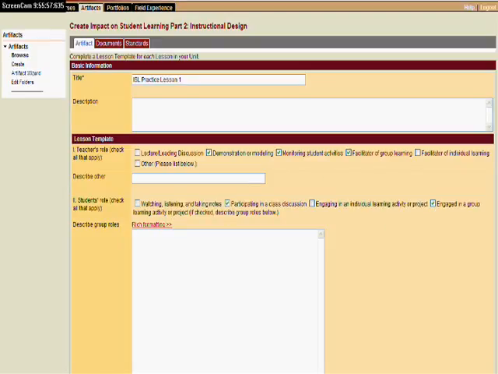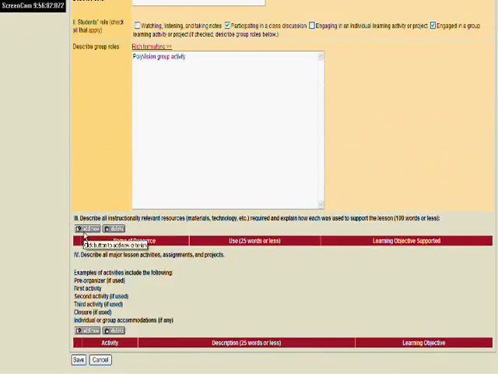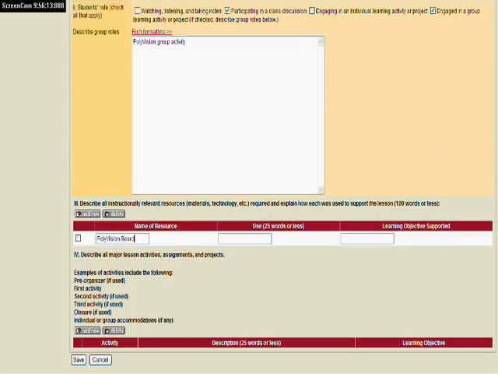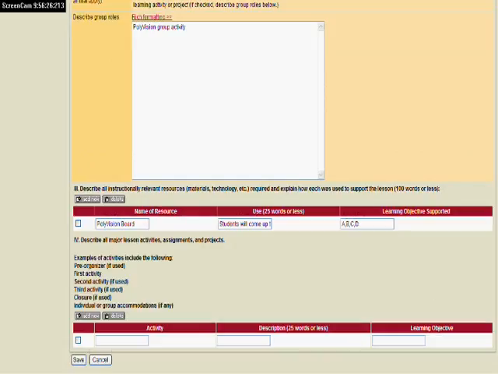I have a group activity, copy and paste a description of that in, name of the resource I'm using, what objectives that covers, my lesson activities. I have a first activity,